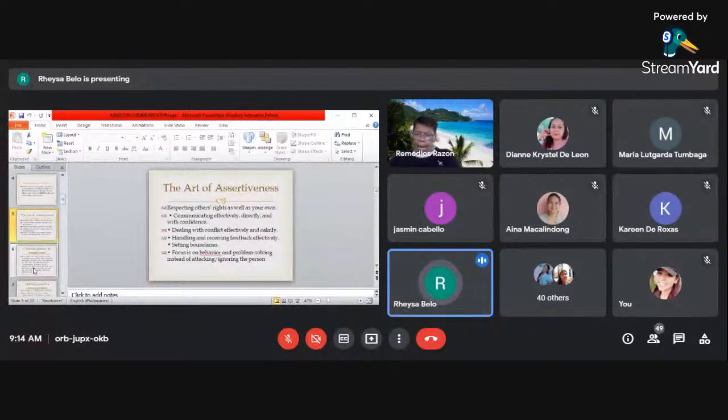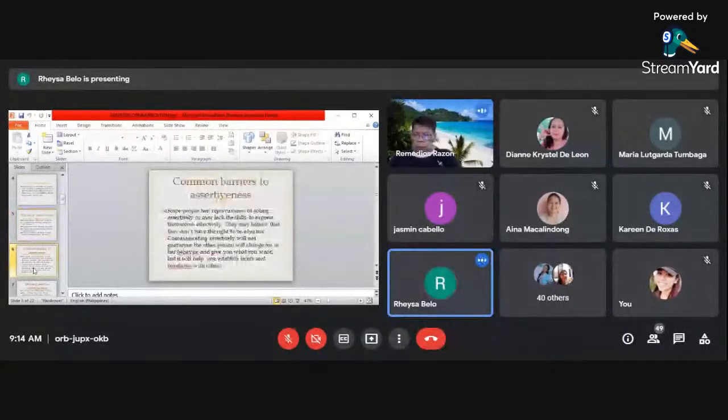So the art of assertiveness: respecting others' rights as well as your own, communicating effectively, directly, and with confidence, dealing with conflict effectively and calmly, handling and receiving feedback effectively, setting boundaries. Focus is on behavior and problem solving instead of attacking, ignoring the person.